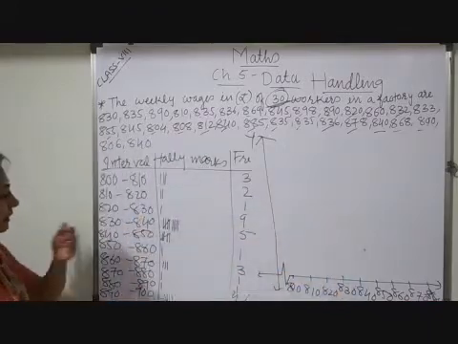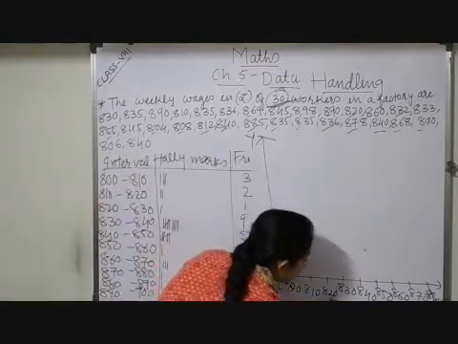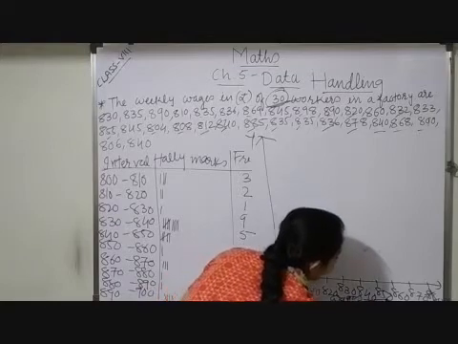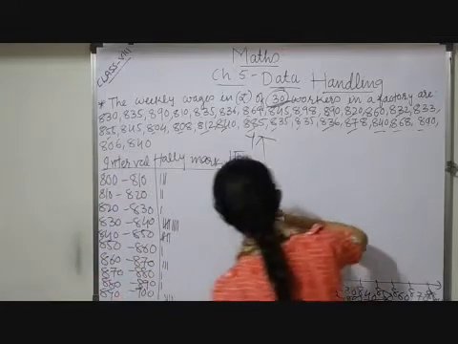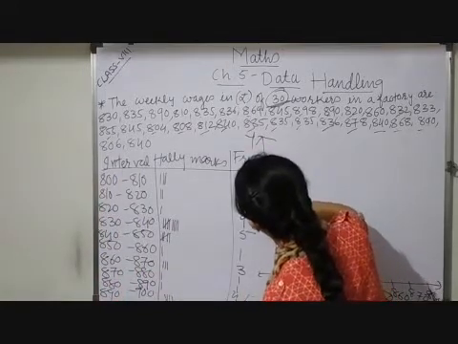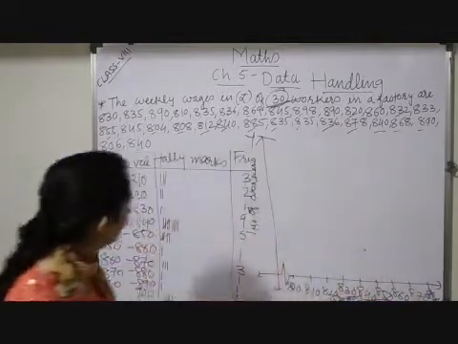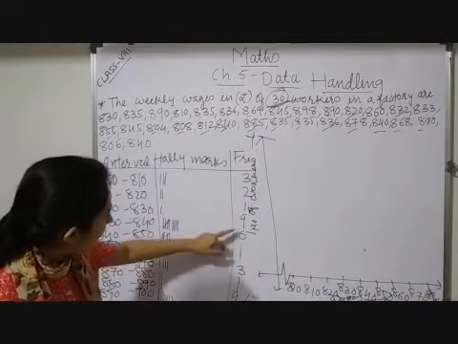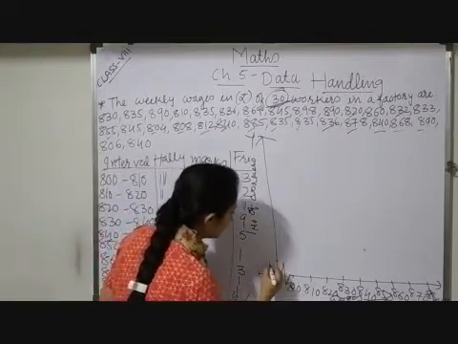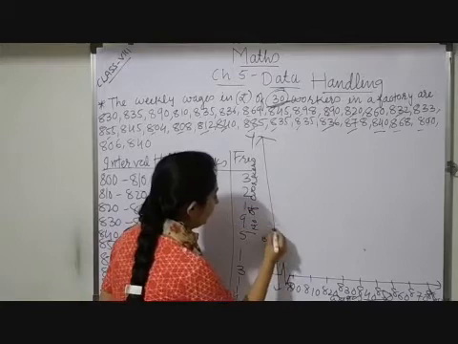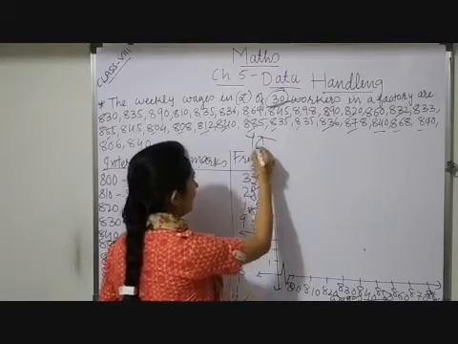Now see, frequencies are observed. So here this information is about wages, and this is the frequency. Frequency of what? Number of workers. So here I will write number of workers. Now see, here lowest is 1 and highest is 9. So in place of taking interval, it will be better I choose 1, 2, 3, 4, 5, 6, 7, 8, 9 and 10.